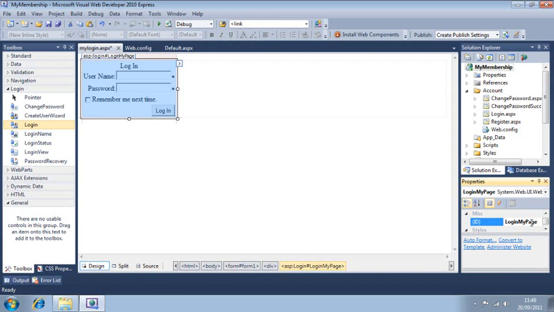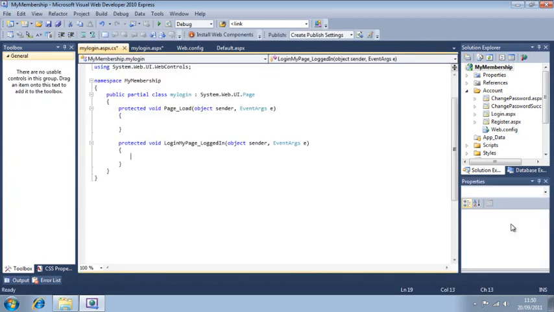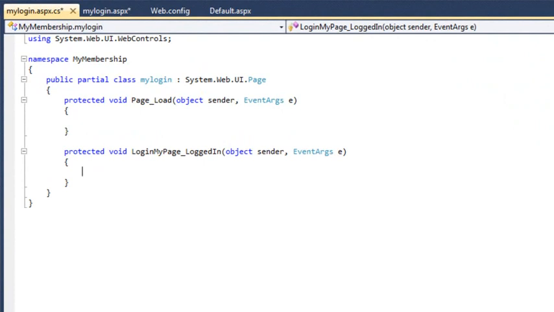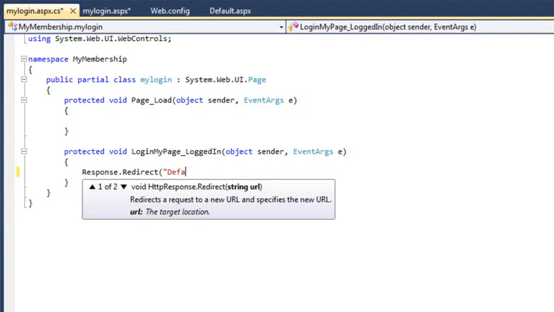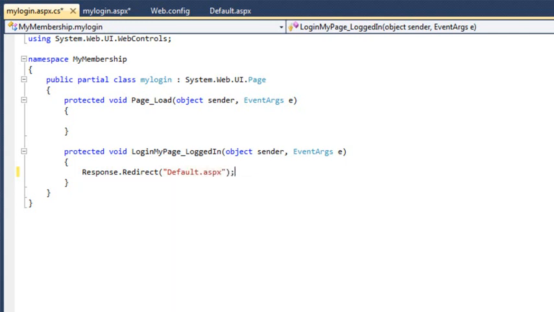Add a LoggedIn event handler to the LoginMyPage control. You first added event handlers to controls in Lesson 3.2. Next, add the following code to the new event handler: Response.Redirect("default.aspx");